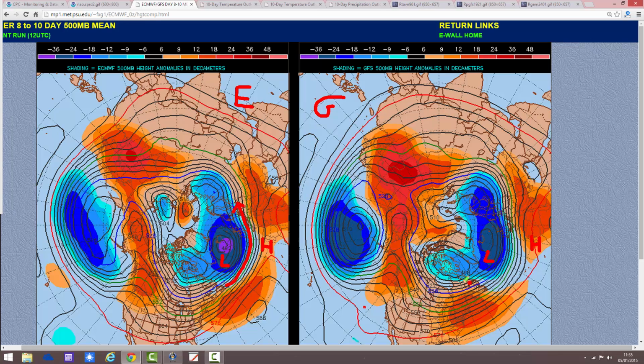So this is a continuation of a pattern really that we've had through most of the winter so far, which has been generally quite mild other than a cold snap over Christmas. Yeah, we've got strong westerlies coming through with low pressure to the north and high pressure to the south. Not a great deal of signs there that we're going to be turning it colder, but of course the chance of turning it cold is after the middle of the month. This only goes up to the 15th, but up to that point, not a great deal of evidence on those charts that we're getting into a pattern that is going to be turning it colder.